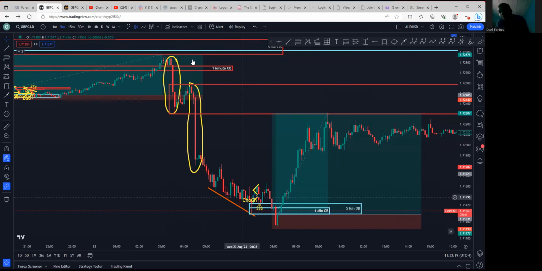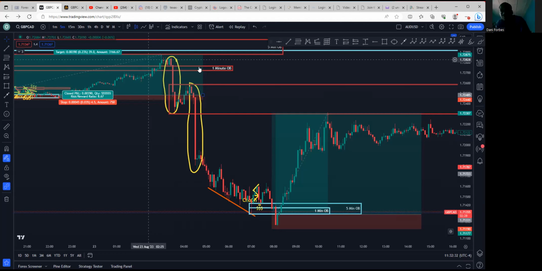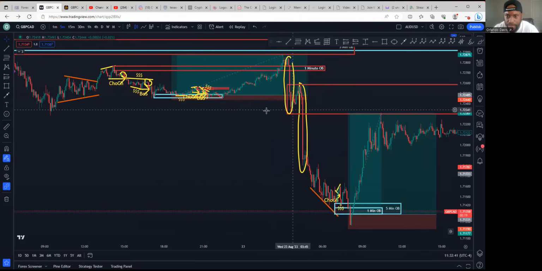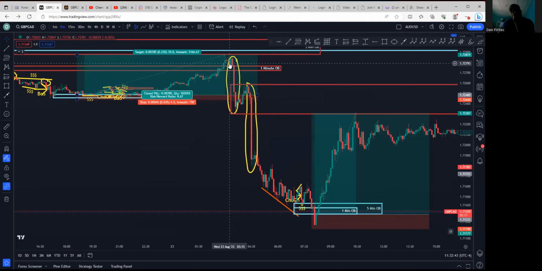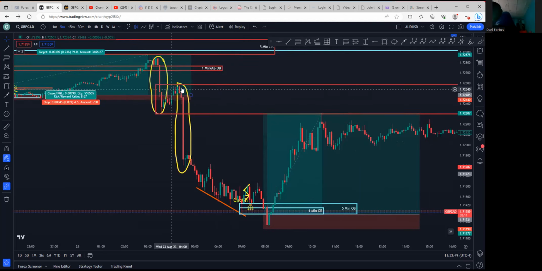Right, because now this is a supply zone. This is an imbalance. Remember, our points of interest are what? Unmitigated, imbalanced supply or demand zones that either broke structure or caused a change of character. Right here is an imbalance, right? This becomes a supply zone because it broke low. It broke structure. It broke low. Did price come back to mitigate the supply zone, or did it consolidate and break lower? It broke lower. It consolidated and broke lower.